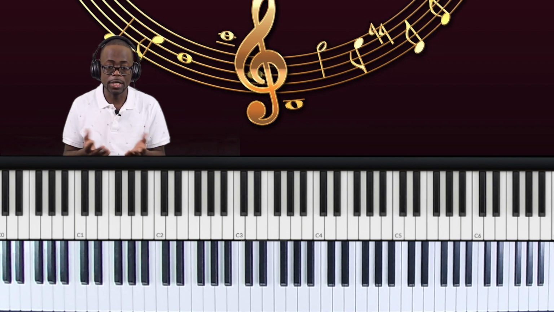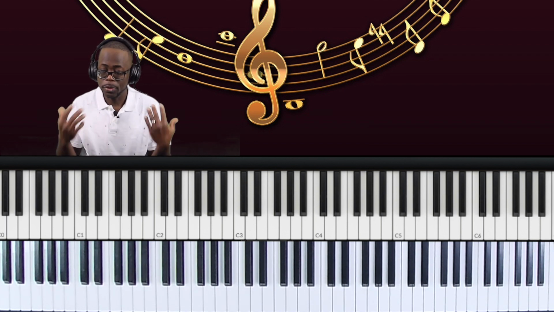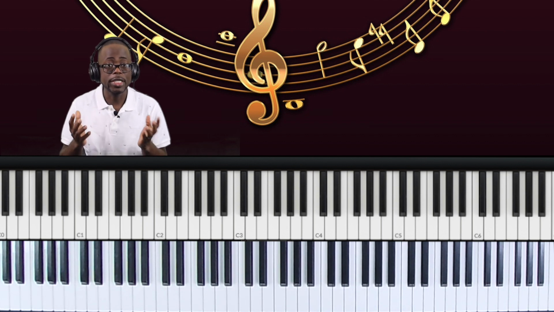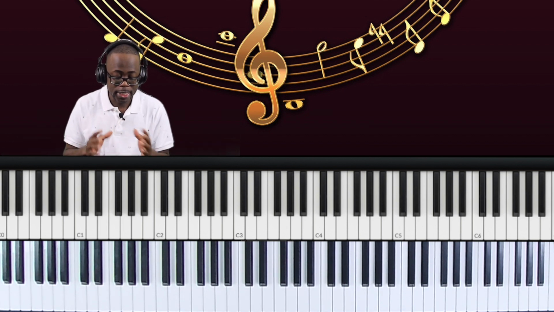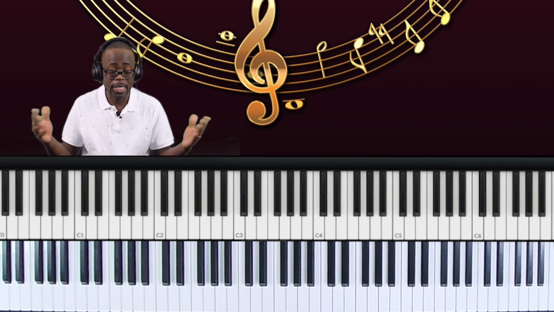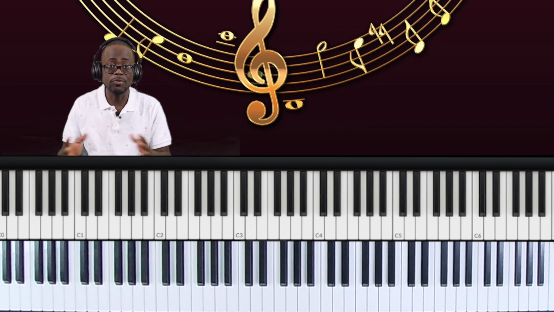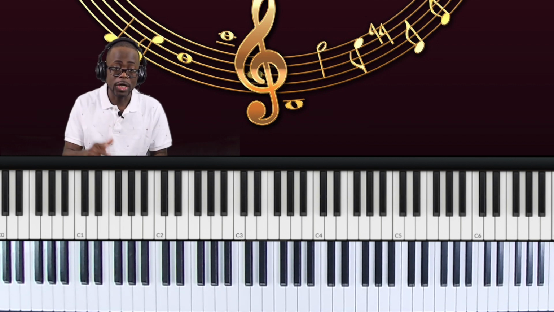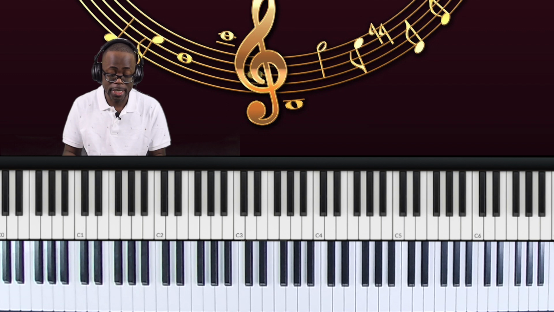So as a beginner, just a recap, you want to start first of all by learning your musical alphabet, learning your C major scale, learning the names of all the notes on the keyboard, the piano, whatever you're using. Just learn around the piano. Make sure you know the names of your sharps, your flats. You want to learn all of that. You want to understand intervals and how they work. It's the smallest distance between two notes. You also want to understand